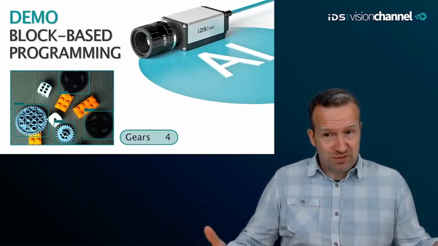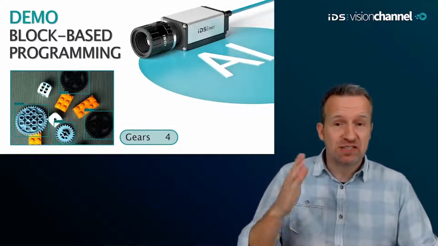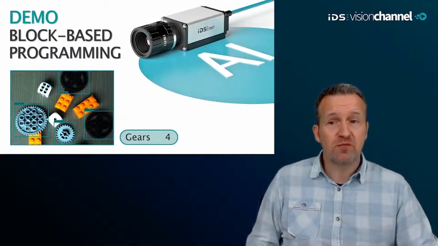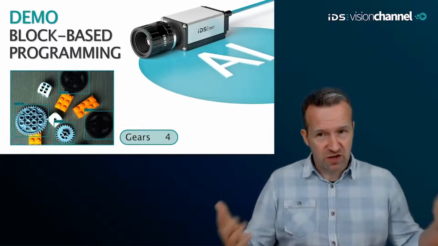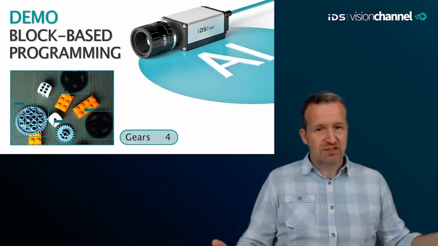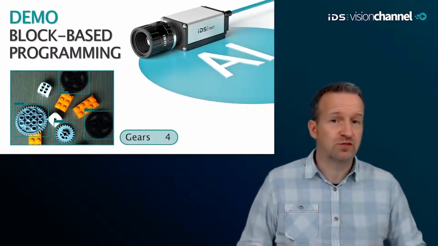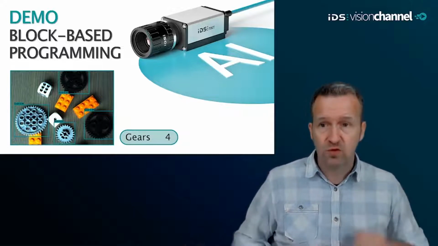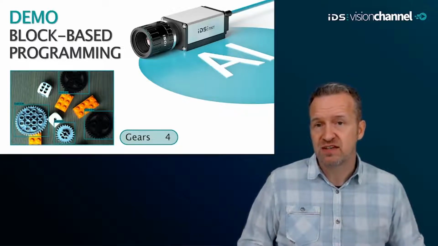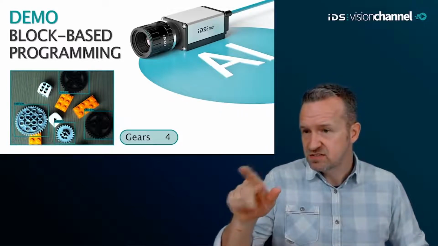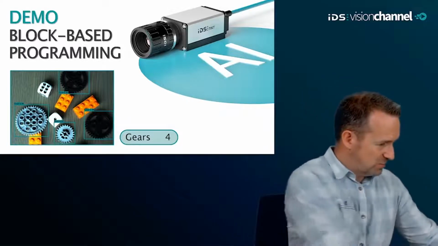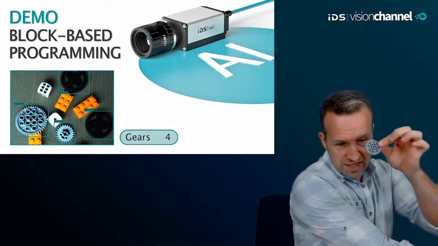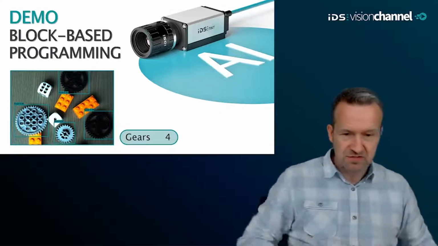But enough of explanations. I would like to introduce you to the new possibilities of embedded vision development with a very simple application example, live. For this, let's take a look at the whole workflow by creating a vision app together that is able to detect gears. I have some of them here under my camera, and then we can start.